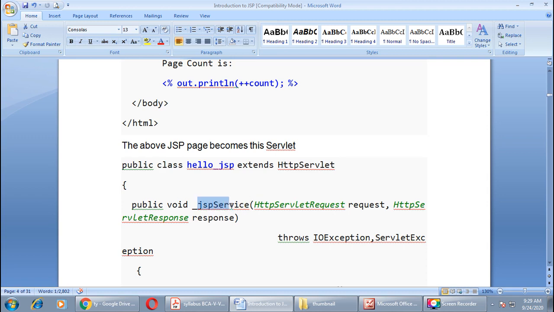This is the code done for JSP, so the name of the method is _jspService. But if you are doing pure servlet code, then here we need a method with the name service only, which has two parameters of type request and type response, right?